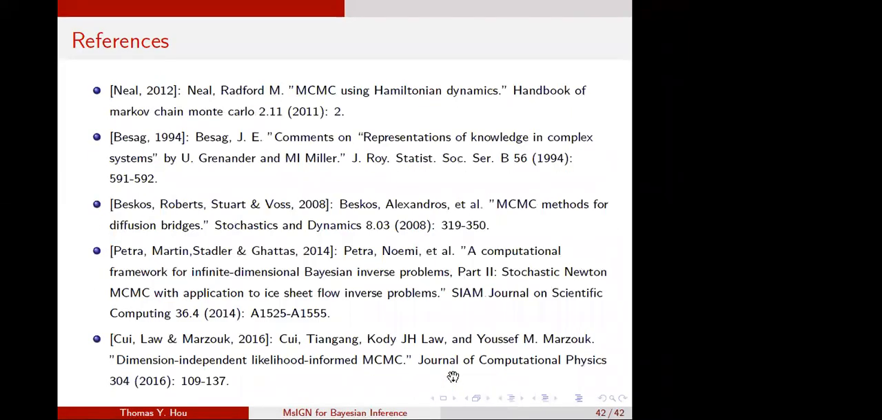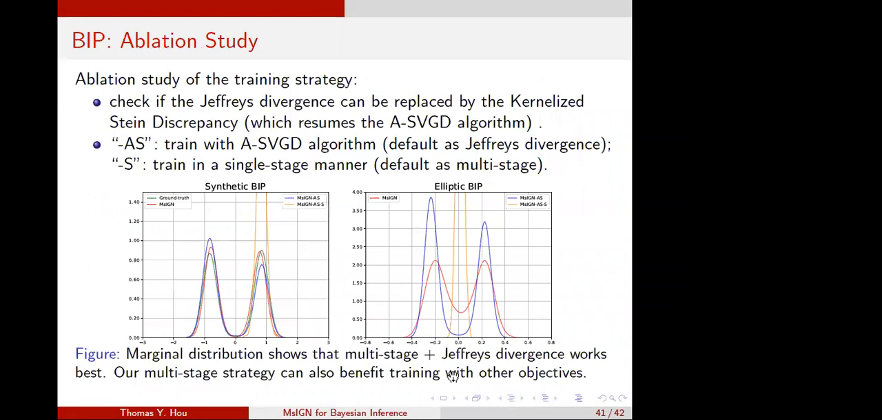I see. So first of all, for the choice of kernel width, we search over a bunch of possible candidates and choose the best result we observe. However, as for why ASVGD failed, I guess the reason is that, as we discussed before, the single-sided KL divergence can have some local minima, and also for ASVGD,